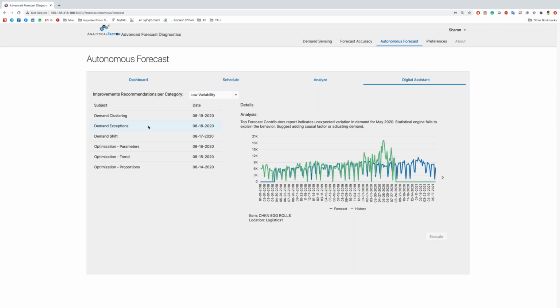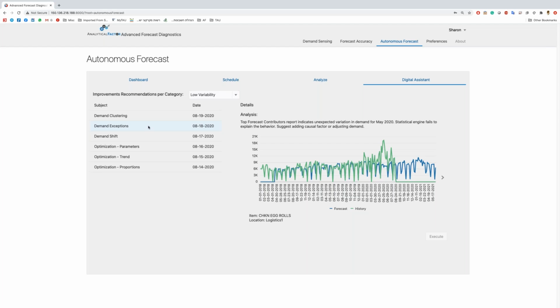And then the digital assistant picked up on that, and it enables me to run, and also recommends what I need to run from an optimization perspective in order to do that. In this example, the digital assistant recommends that we add a causal factor in order to explain that spike, because maybe there is a promotion here and the statistical models are not aware of that promotion.